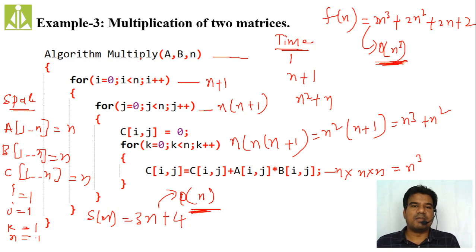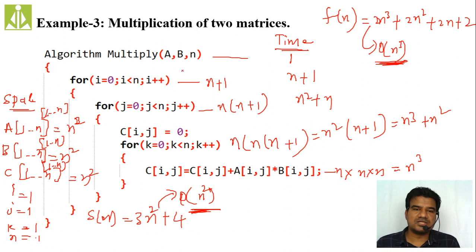Next, multiplication. Here also I have not considered the columns. For B also we have to consider the columns, and for C also, because these are all matrices. So here n square, and here also n square. My space complexity function will become 3n square plus 4, and the order will become n square. As I'm using a two-dimensional array, my space complexity order is order of n square. But time analysis we have to do for all the statements.